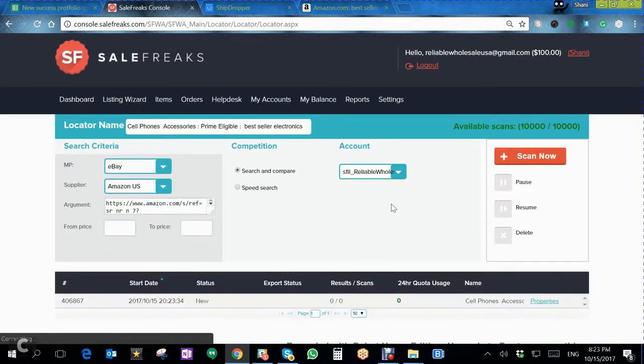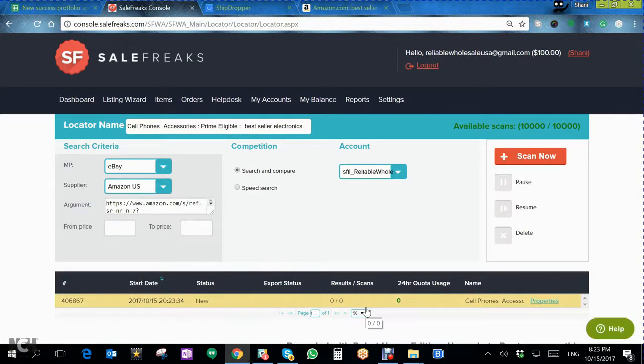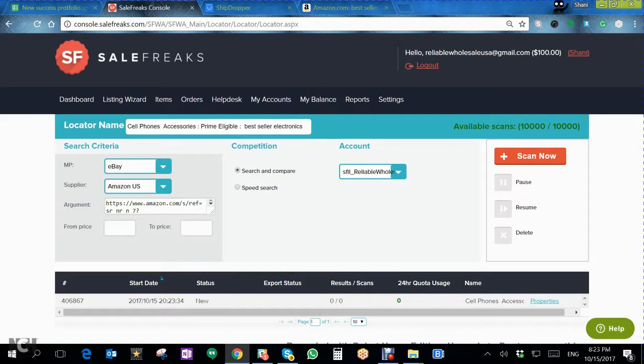Now usually 900 items to scan takes about 20 to 40 minutes, more or less. Really depends on the amount of load there is on the locator. So we'll just let it run. And in the meantime, I can go to